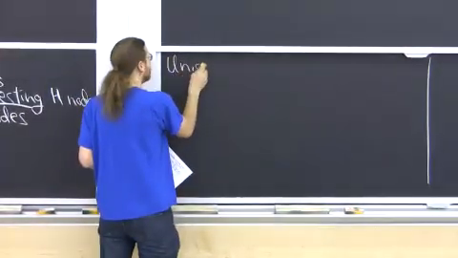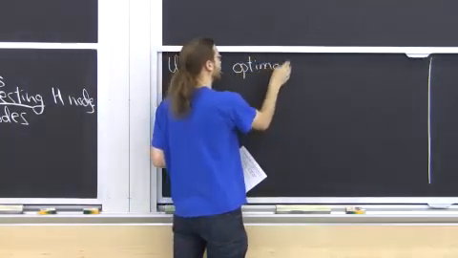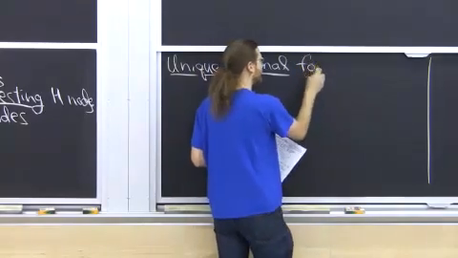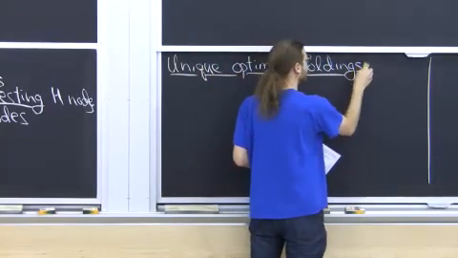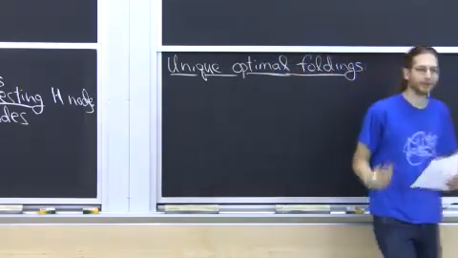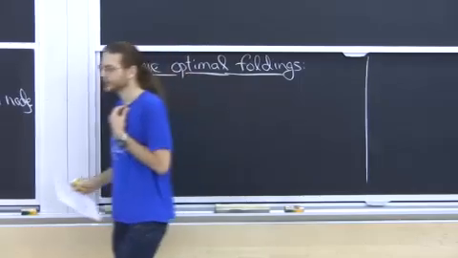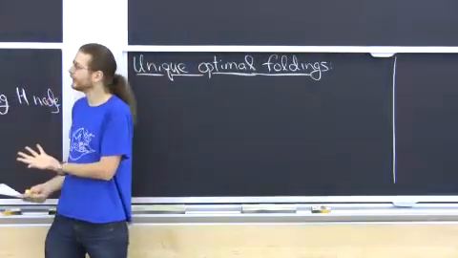Now, one of the observed features in protein folding is they tend to fold to the same shape. This is actually a hard thing to measure, but that's the general consensus. So at least most proteins in a non-diseased organism fold always to the same shape, at least in the same environment. So if you want to model that in the HP model, and you pretend that really we are finding